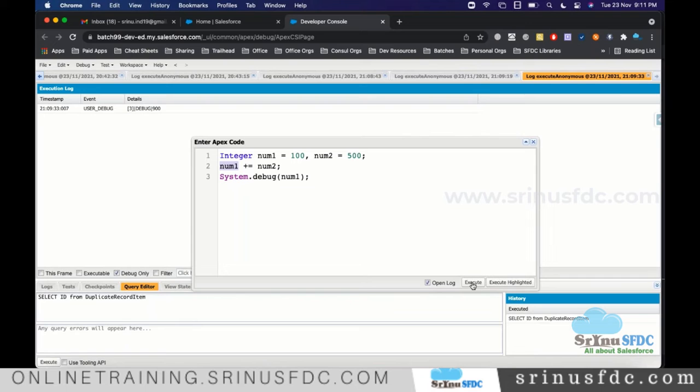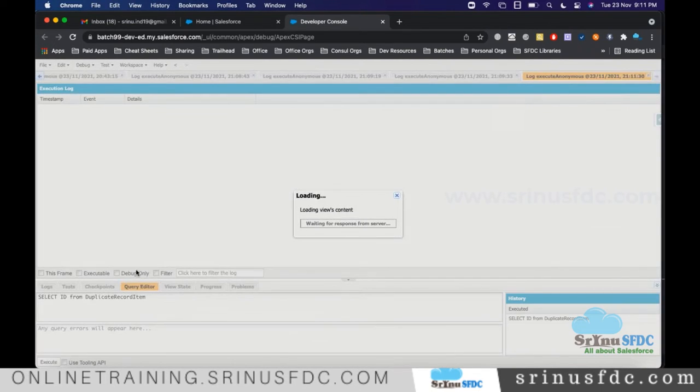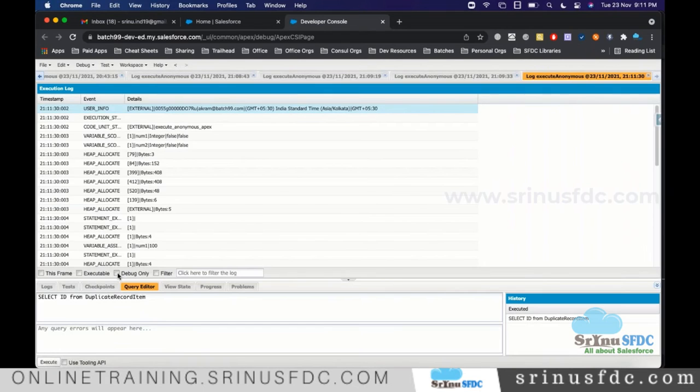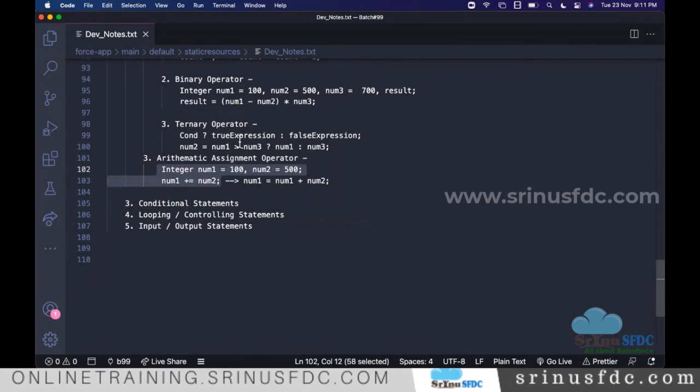So 600. Execute and click on debug only. And you are seeing 600, right? So this is one example.